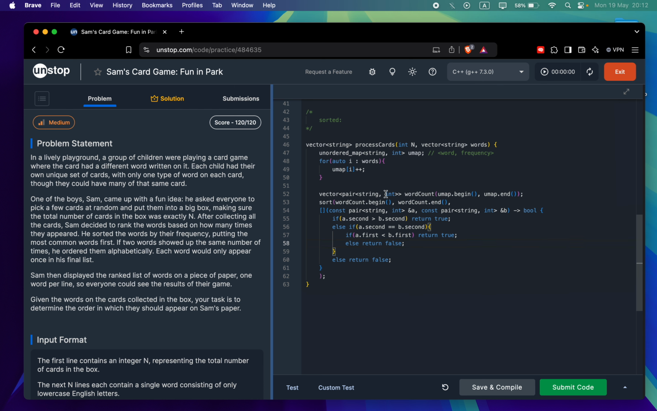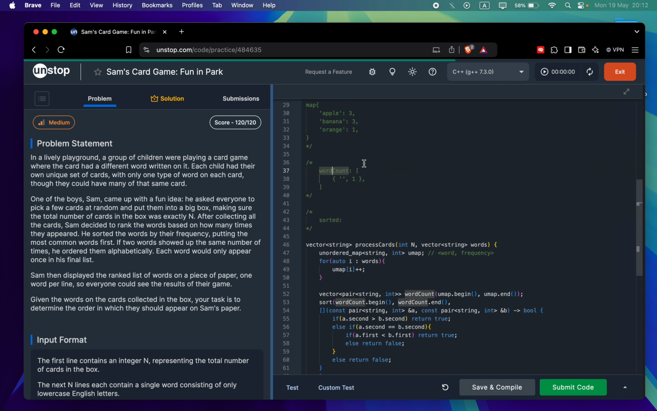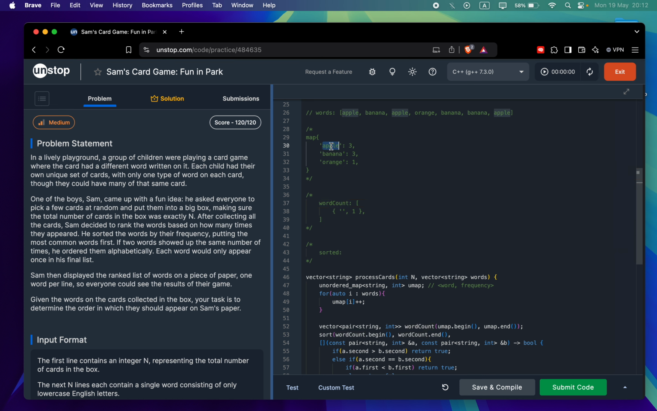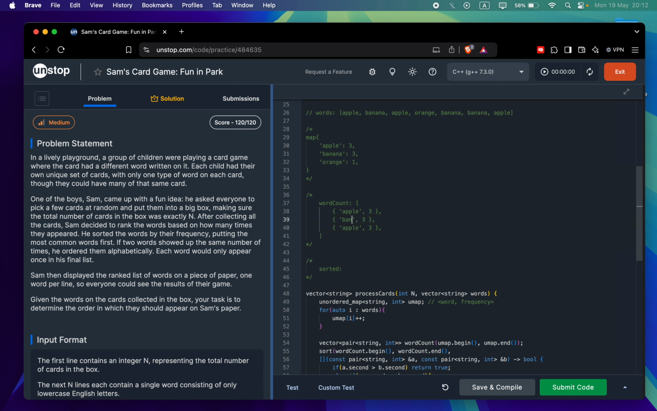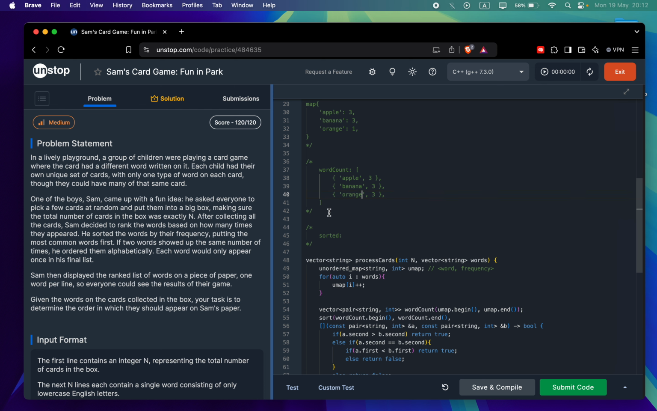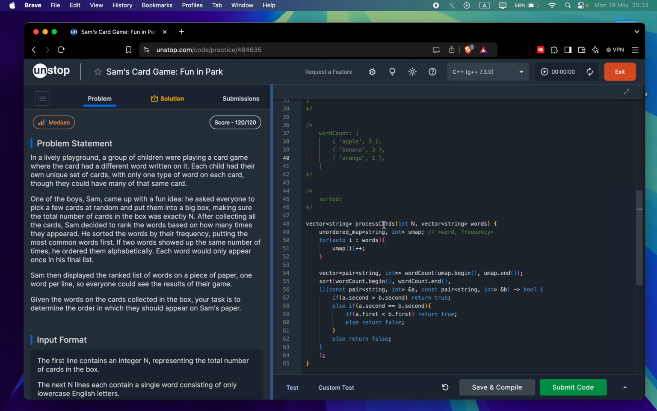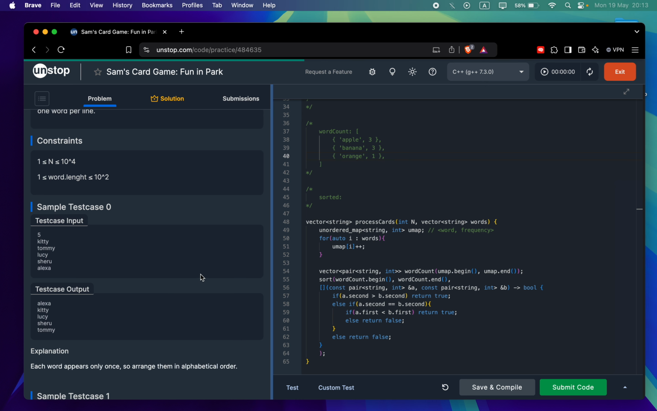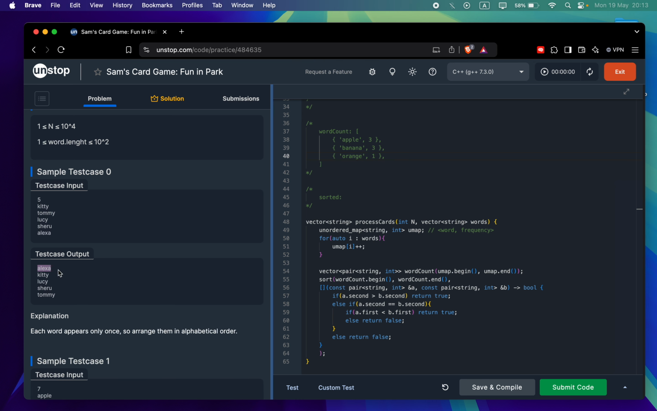So now we have a thing called word count, this one. So what will this contain? It will contain apple and actually its frequency too. So it will also contain banana and its frequency, and orange and its frequency. And this would be sorted because we just sorted it, right? So it would be exactly in this order: apple, banana, and orange, and it would be one. But if we see the output format,